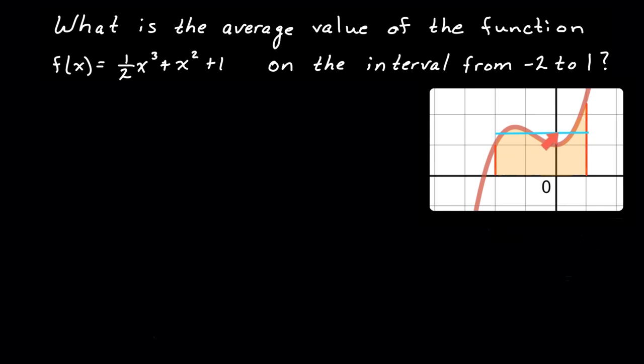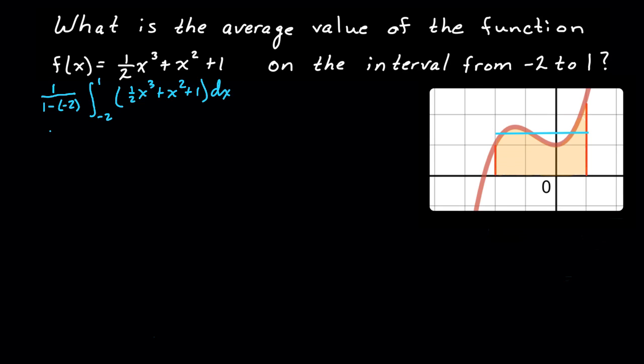And so we're going to find out the placement of this rectangle by doing our integral. All right, so what we're going to start out with will be 1 over b minus a, so that's going to be 1 minus negative 2 times the integral from negative 2 to 1 of 1/2 x cubed plus x squared plus 1